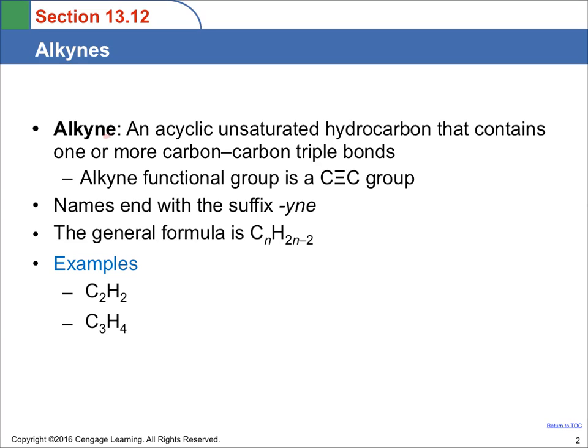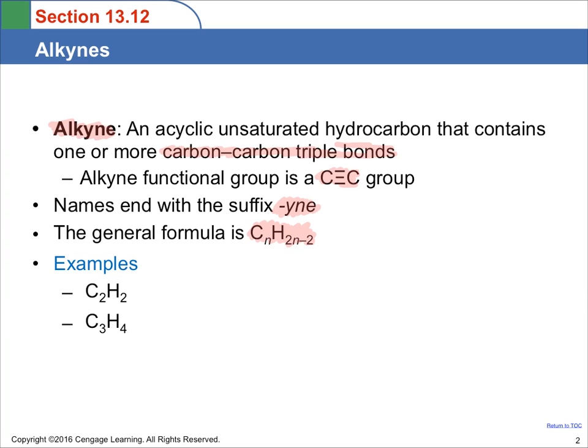So alkynes are going to be acyclic. So again, we're talking about the chained carbons. We're still unsaturated. And in this case specifically, we're looking at carbon-carbon triple bonds. So somewhere in that molecule, we have the triple bond functional group. Whenever we name these, which we'll get into more details in a minute, our ending is going to be YNE. And for alkynes, the general formula is